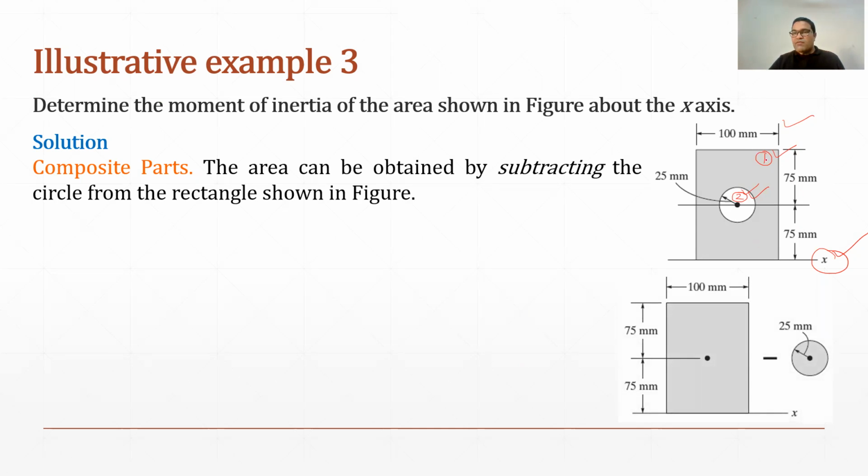So you can see I have divided this composite area into two areas. One is a complete rectangle and the second one is a solid circle. But they should be at their own position. So we have to find out moment of inertia about x-axis. So you can see this x-axis is not passing through the centroid of circle and rectangle. So therefore, there is a distance between them. So what we have to do is we have to apply parallel axis theorem in this case. So first we will take the case of